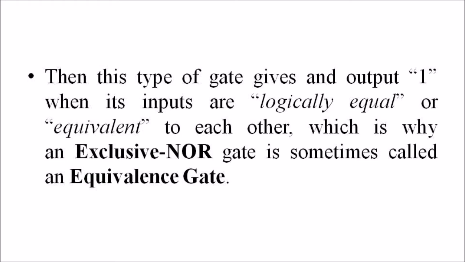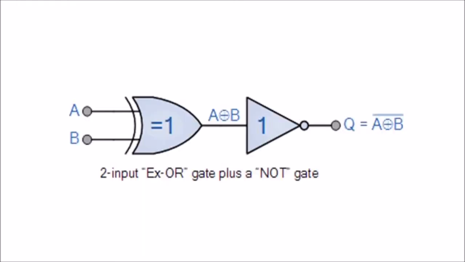The logic symbol for the exclusive NOR gate is simply an XOR gate with a circle or inversion bubble at its output to represent the NOT function. Then the logic exclusive NOR gate is a reverse or complementary form of the XOR gate, which we had discussed in the previous lecture. So my dear students, now let us consider the two input XNOR gate.